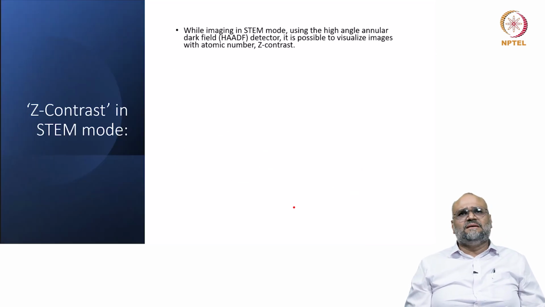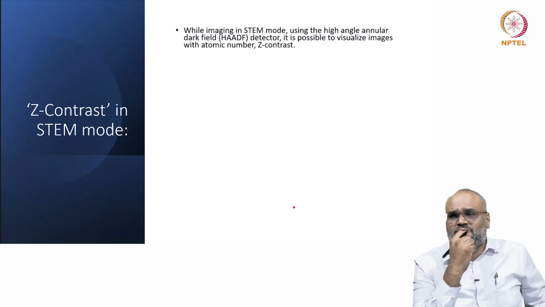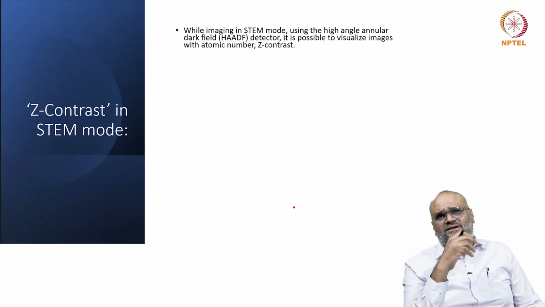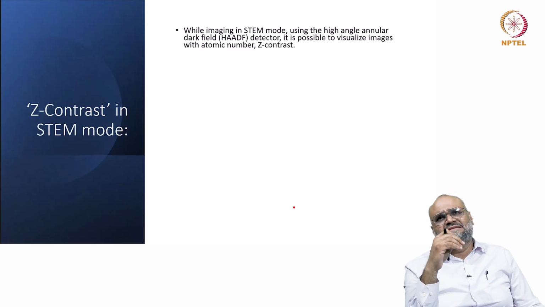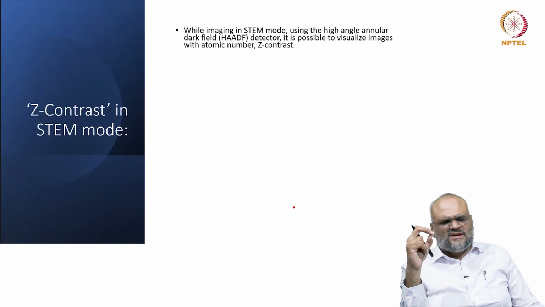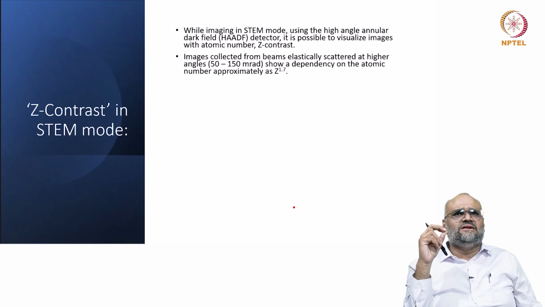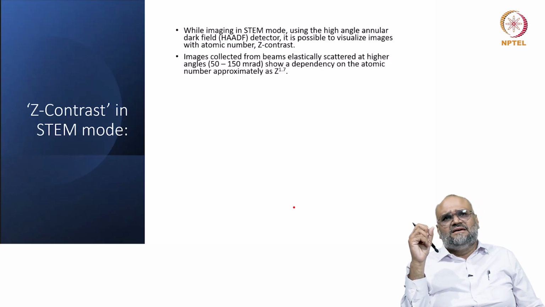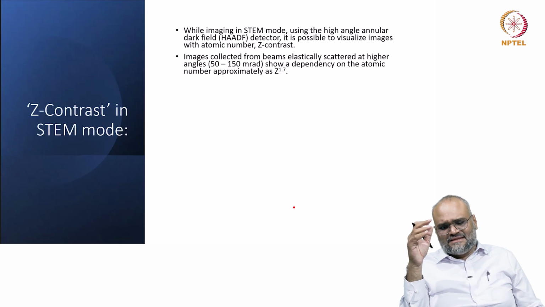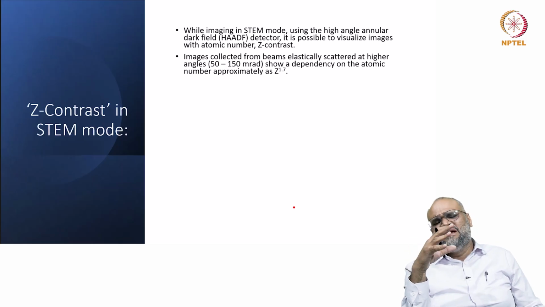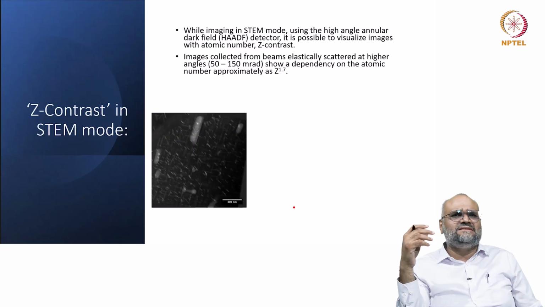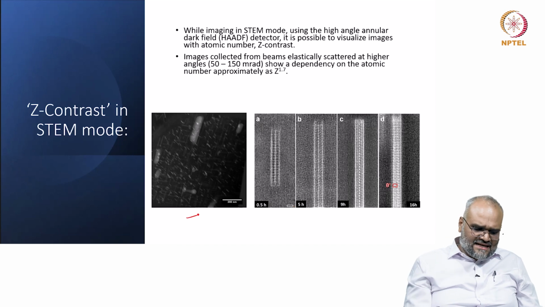Z contrast in STEM mode. So, while you are imaging in STEM mode, by using a high angle annular dark field detector, you can visualize the exact positions of the atoms, and the intensity that you record is now strongly dependent on the atomic number. Typically the images collected with the elastically scattered beams at higher angles show a strong dependency, and this is an annular dark field image which simply shows you the variation of intensity as a consequence of a change in the atomic number,